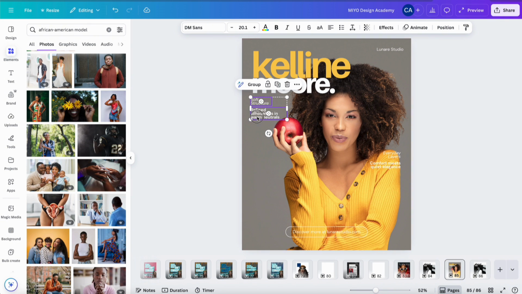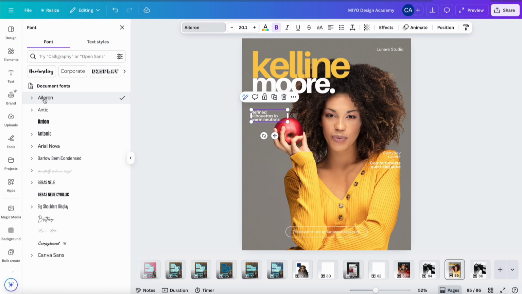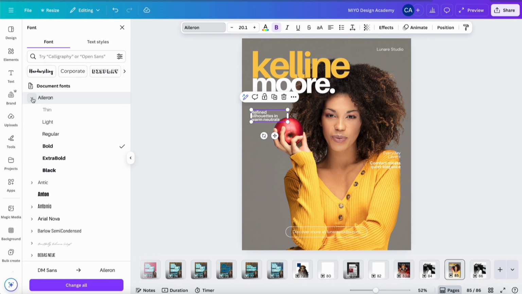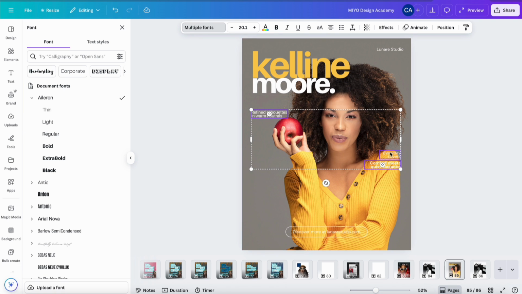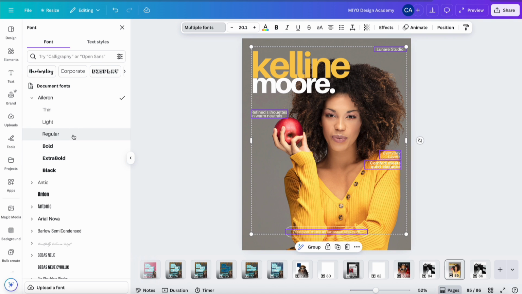So what I would do here is something like this, just lining that up. Switch the font there. And I'm not going to change all because I don't want to change the original. So actually I should just select all the text here, that's what I should say, and make sure they're all